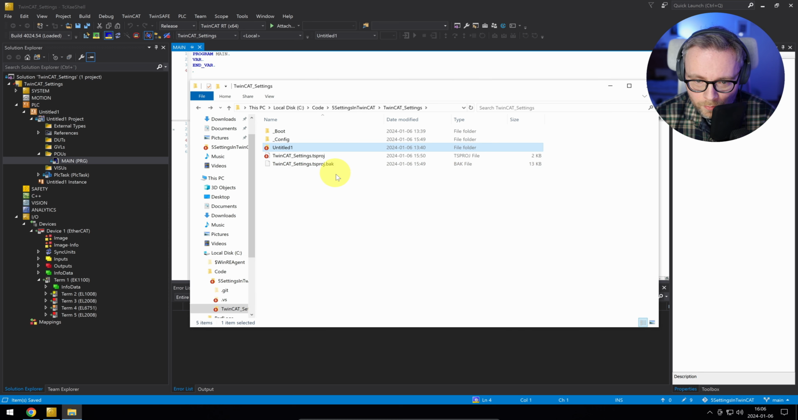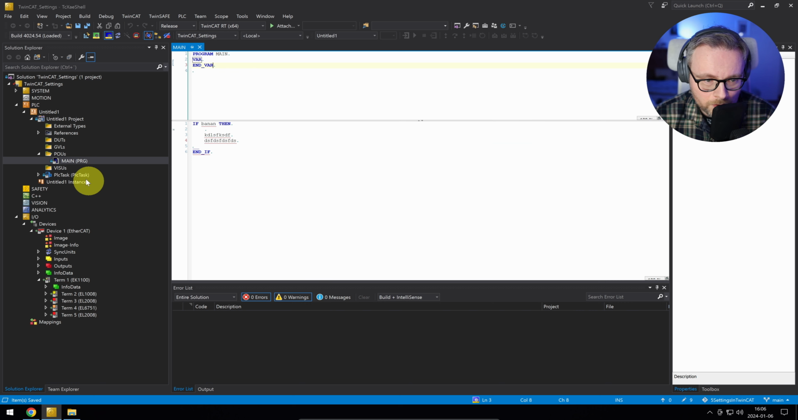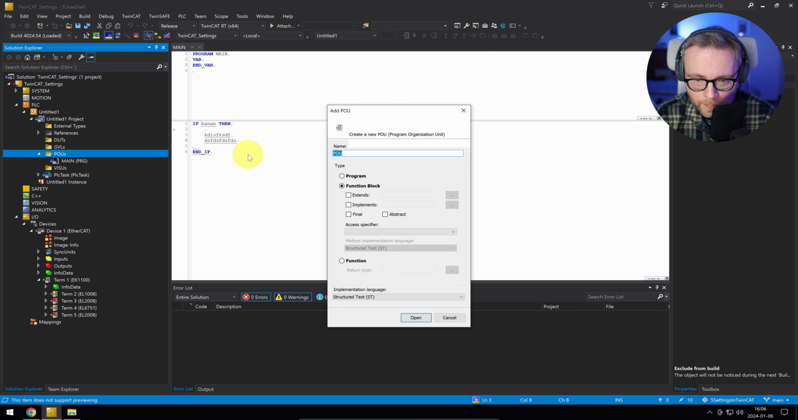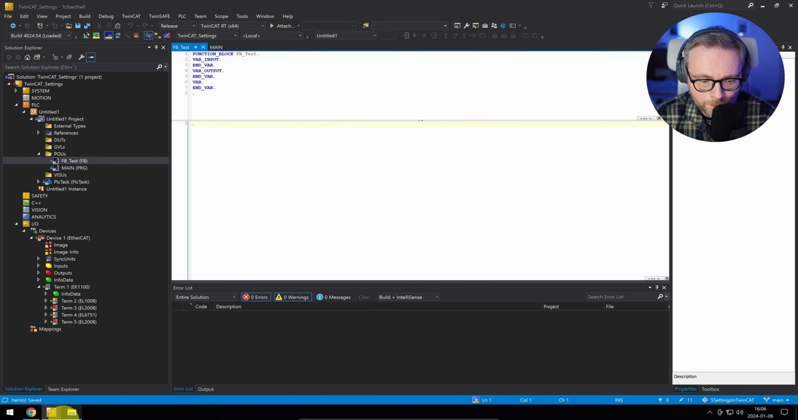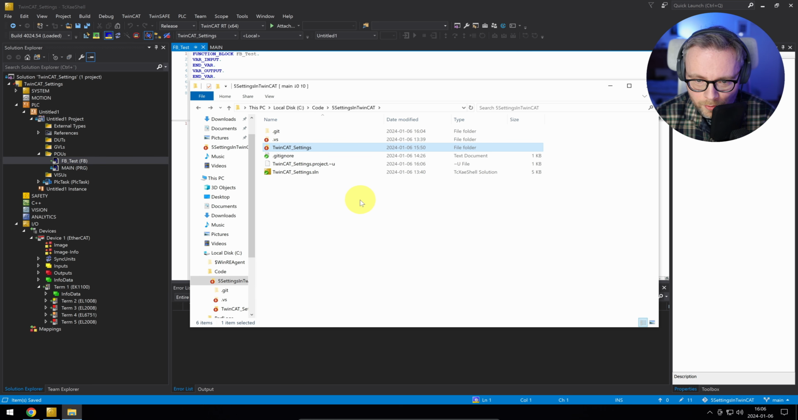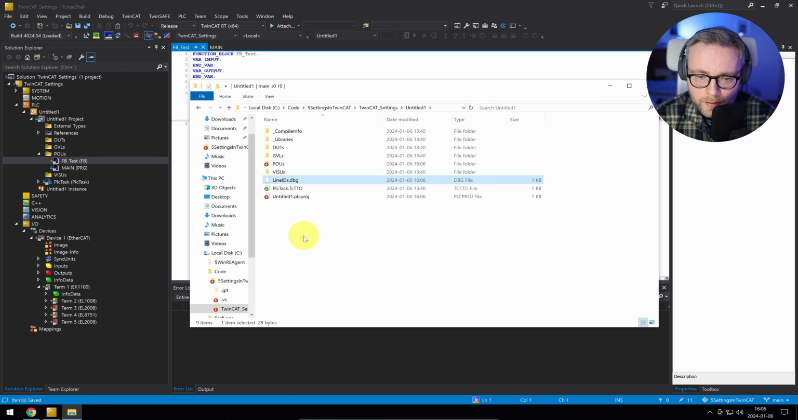And we should get a line ID somewhere here. Or let's just create a new function block. FB test, save, somewhere here. Let's see here. There we go. We get lineids.dbg. Now, the nice thing with this is that when this file is created, we only need